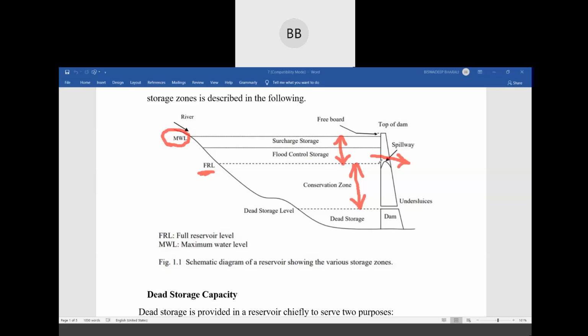If we see that the amount of water coming may cause a flood at the downstream, then we are not going to release that amount of water. We are going to store the water. And in the normal case, we release that water to the downstream end through the spillway, if it is more than FRL, that is full reservoir level. FRL is nothing but your full reservoir level.